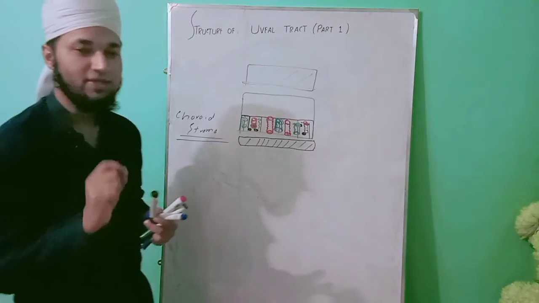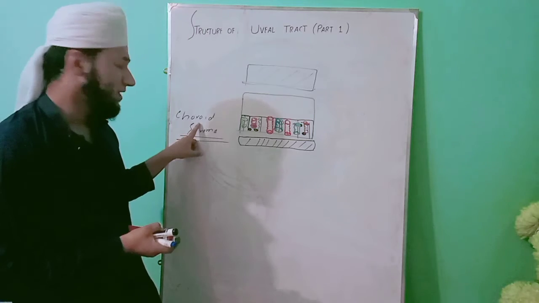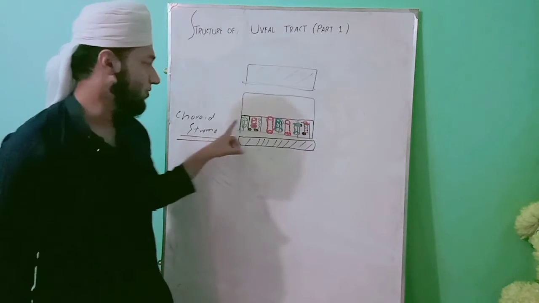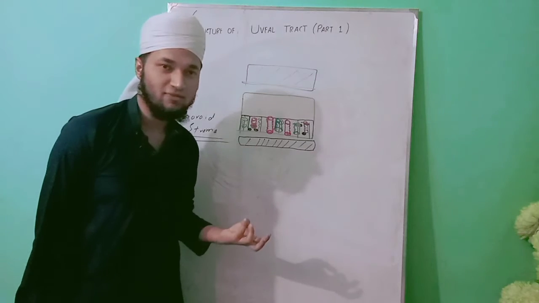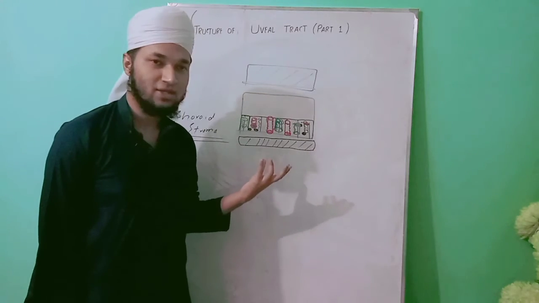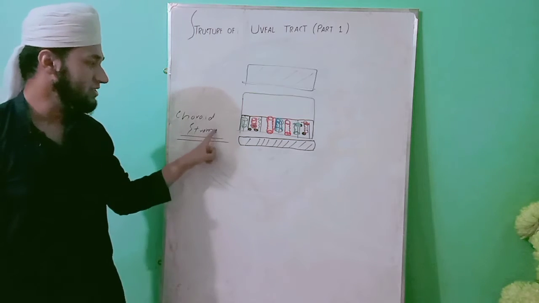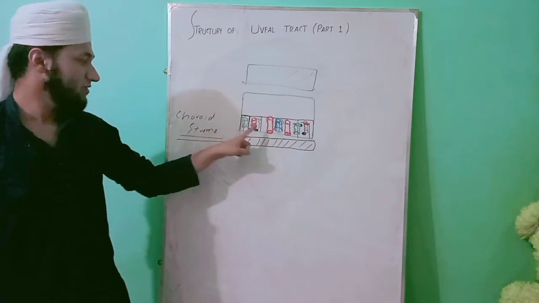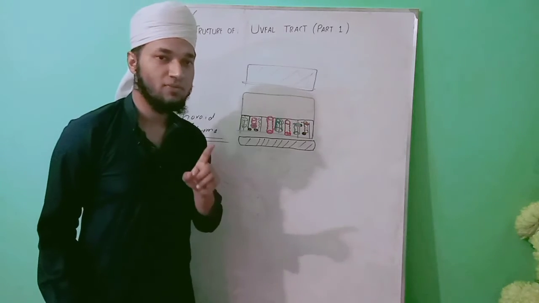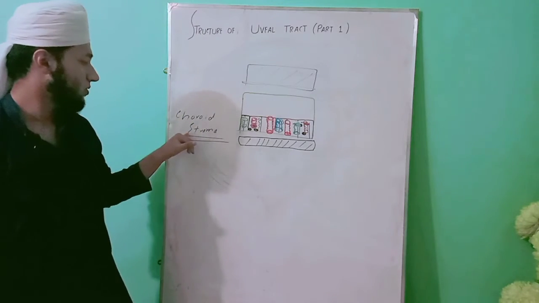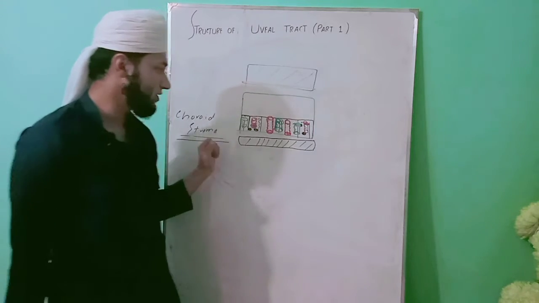Since stroma is basically a connective tissue, choroid stroma will have all those components of the connective tissue which are present in other connective tissue. For example, collagen fibers. These collagen fibers are part of the connective tissue, and since stroma is also a connective tissue, collagen fibers will be present in the choroid stroma. Elastic fibers are part of the connective tissue, and since stroma is also a connective tissue, elastic fibers will also be present in choroid stroma.